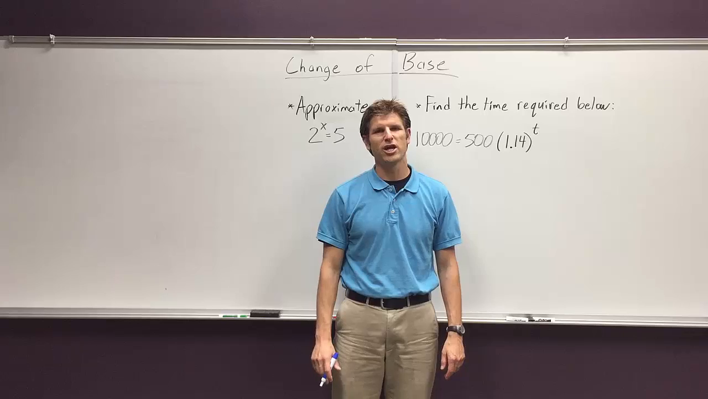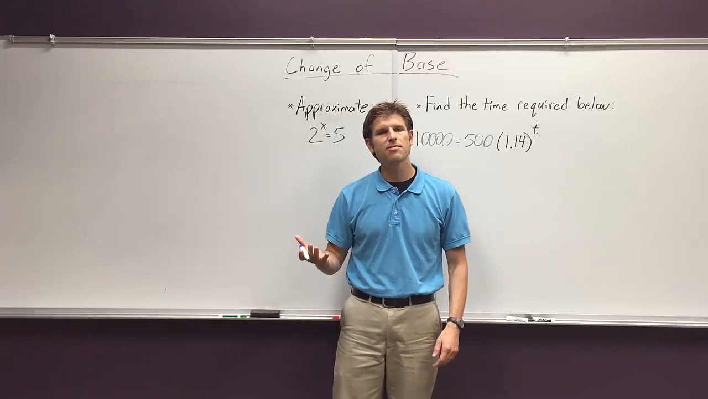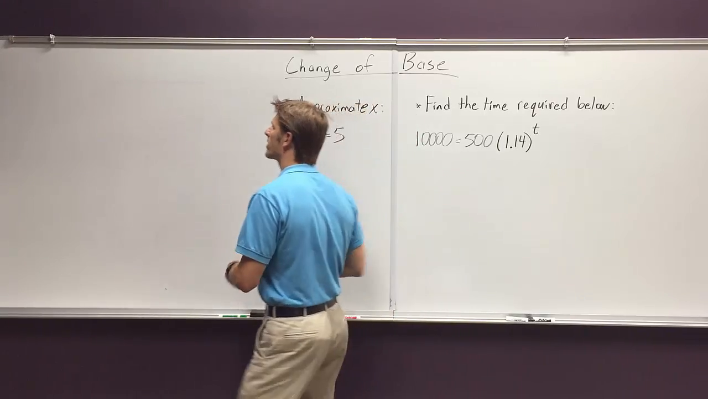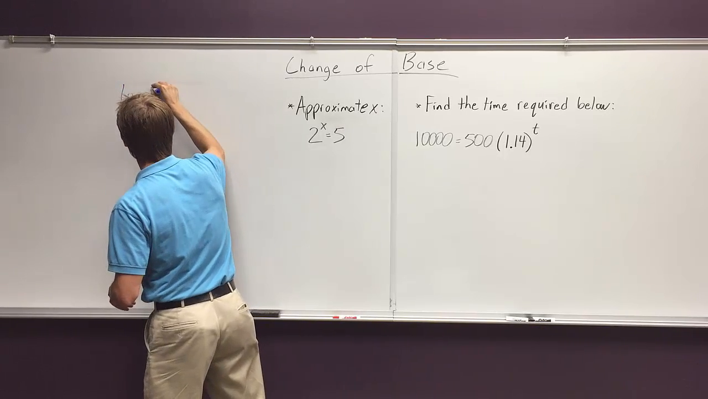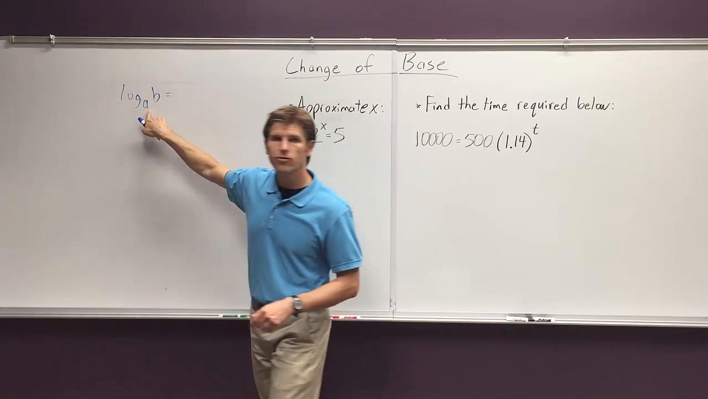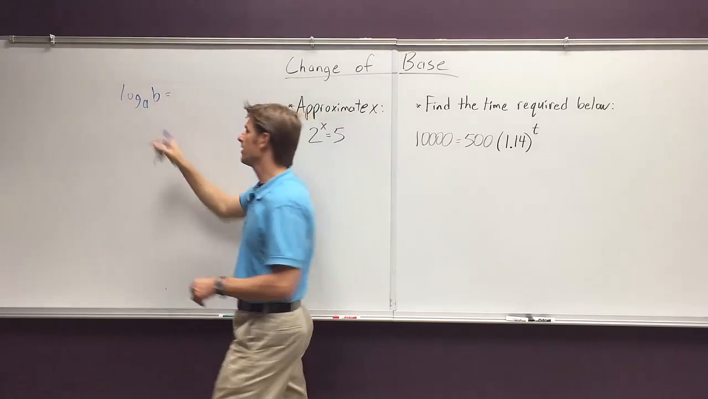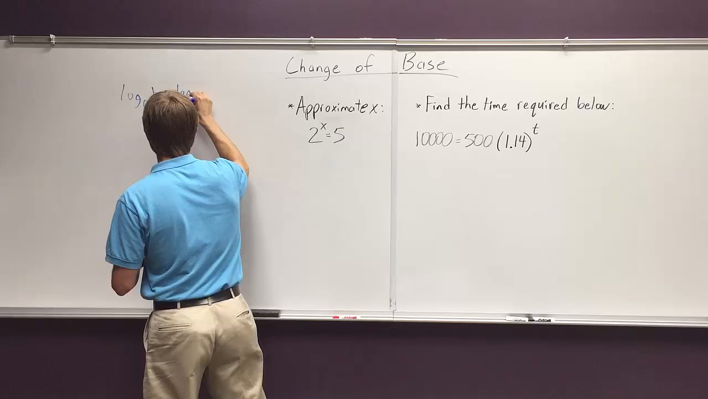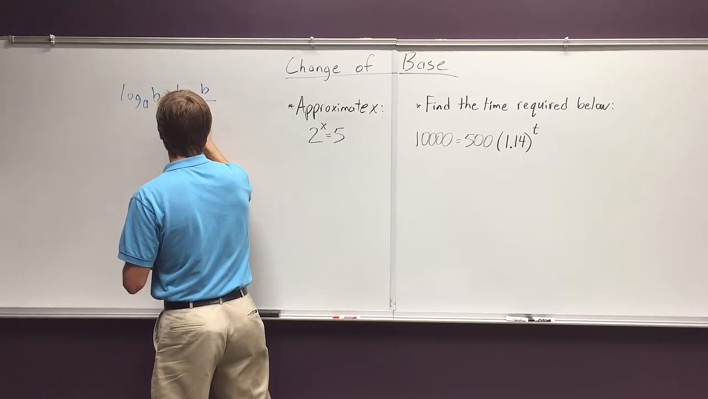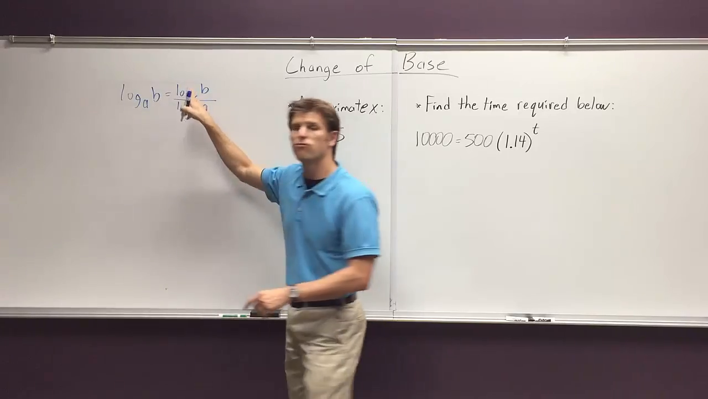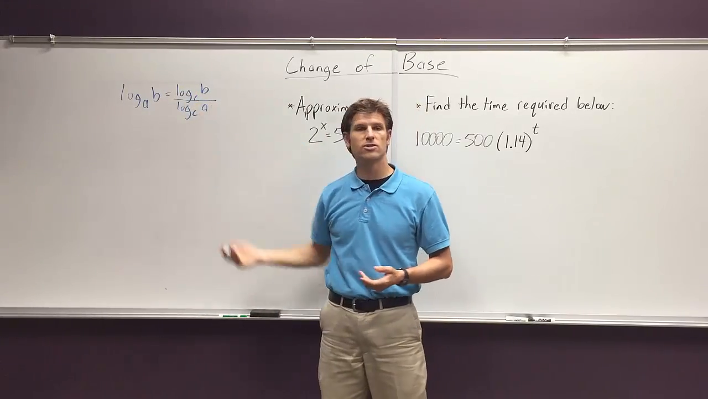Here's a video about the change of base formula. Now let's imagine that you have a logarithm with a base that you don't particularly like, log base a of b, and it's hard for you to work with base a. That's actually equal to log base c of b over log base c of a for any positive value c